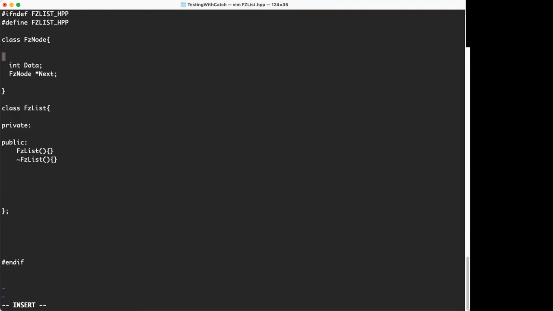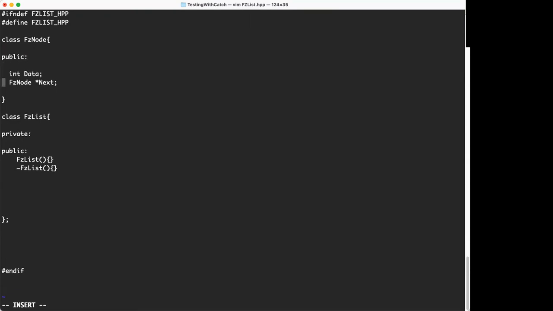Do we really need to modify the data and everything? Do we really need to protect it? Probably you should, okay? But we're not going to do that. We're just going to keep it all very simple just to illustrate the purpose of this. So we'll make this in the public section. And we'll create a constructor for the data. So we'll say FC node, and we'll provide the data, and we'll provide the next. So FC node next,